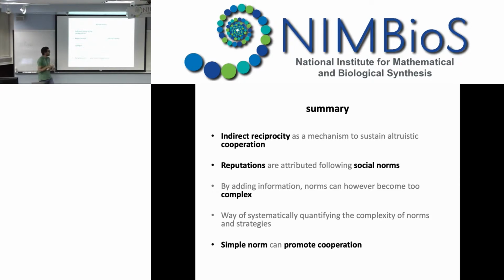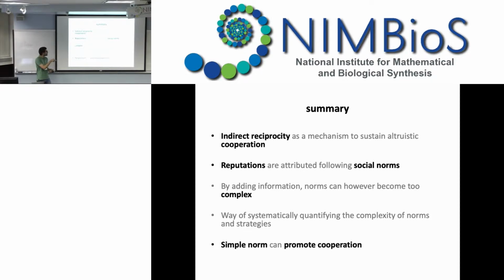So what I'm going to show you first is that indirect reciprocity is a potential mechanism to justify altruistic cooperation. And indirect reciprocity suggests that if individuals cooperate today, then others may know about this and cooperate back in the future, which provides some indirect benefits for cooperation. So we need some information about what individuals did in the past. So if you wish, we need reputations. And here, the way that reputations are going to be attributed depends on social norms, which in this context are just rules defining what's a good or a bad action and in which context.